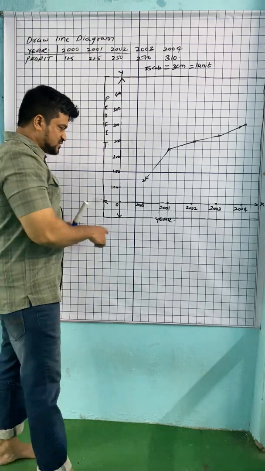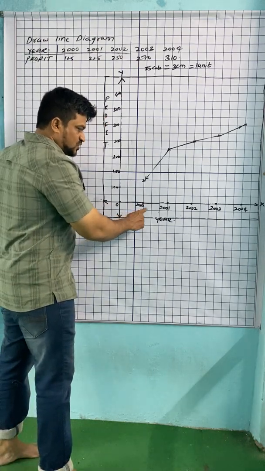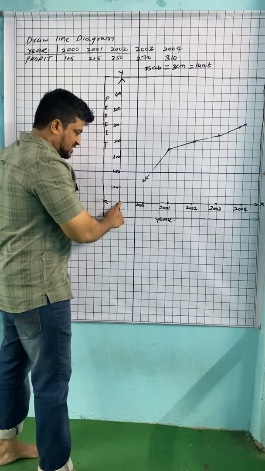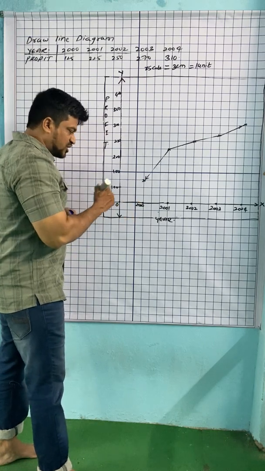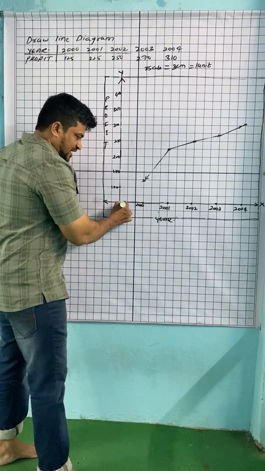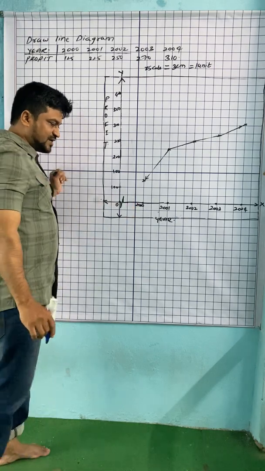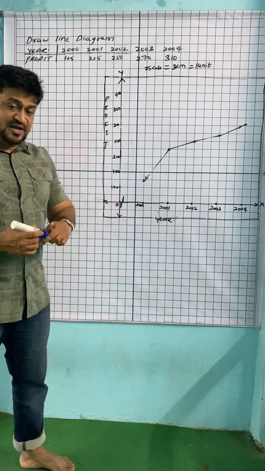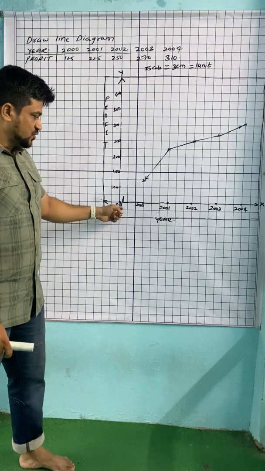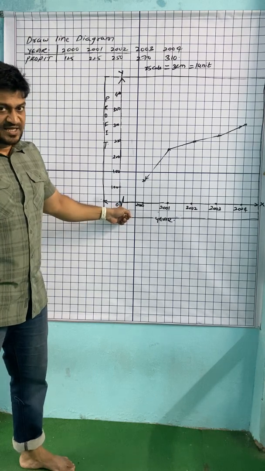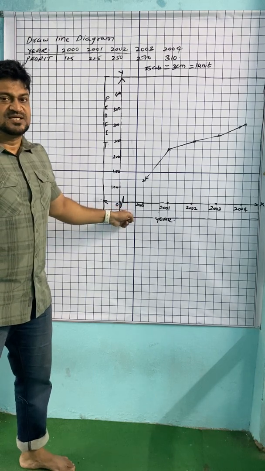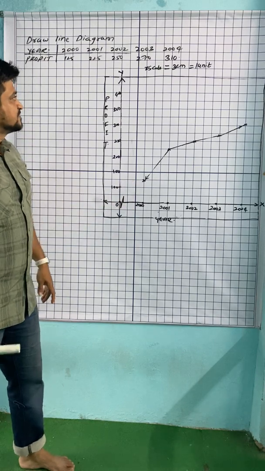Now from 0 to 2000, and 2000 to 2001, three boxes are there. What you can do is take one false baseline here. This arrow mark, the heartbeat symbol, you can take. Why are we taking this? In the next graph I will show you why we are taking this false baseline. Just for now, remember this is the false baseline.